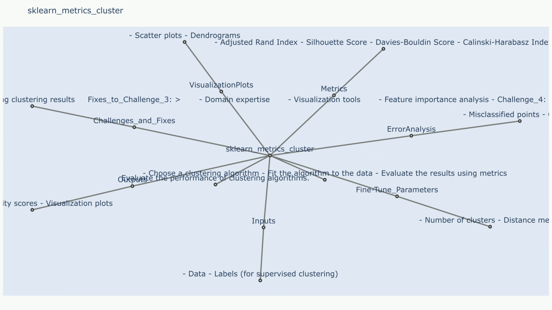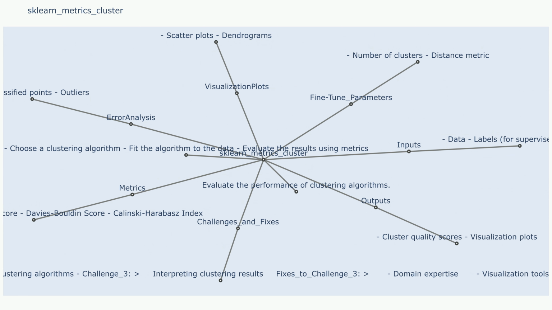Fixes to challenge 3. Use density-based clustering algorithms, e.g. DBSCAN, that can identify clusters of varying densities. Pre-process the data to equalize the densities by using techniques like data transformation or feature scaling.